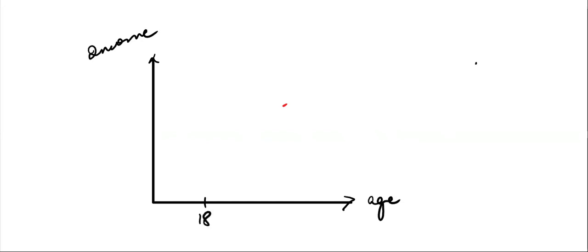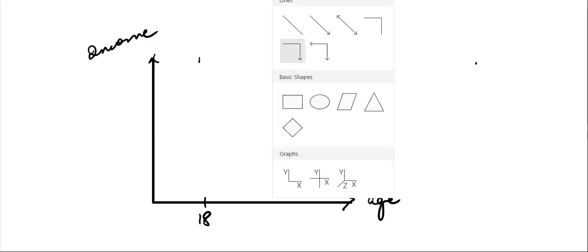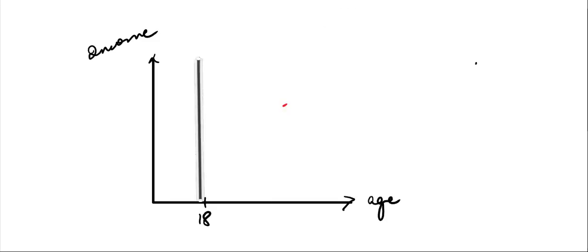Ideally, because he started earning at the age of 18, I'm going to shift my graph such that I start my graph from the age of 18. So ideally, I will make my y-axis this. I don't want to start from where my origin is 0. So either I can do that or I can simply write this as 18.